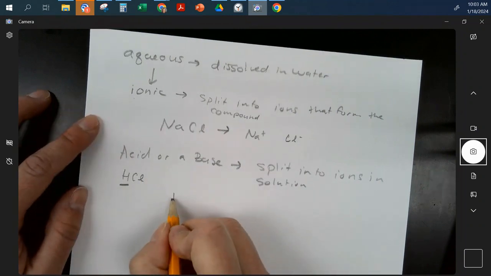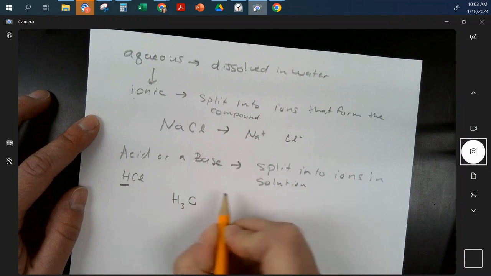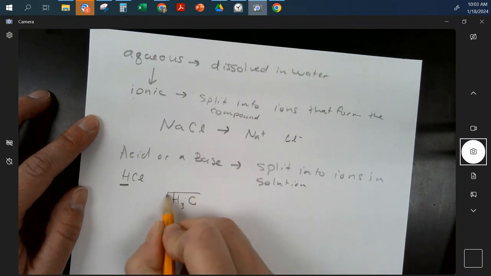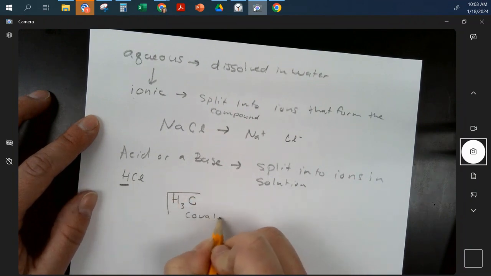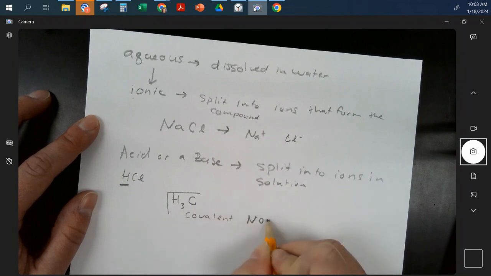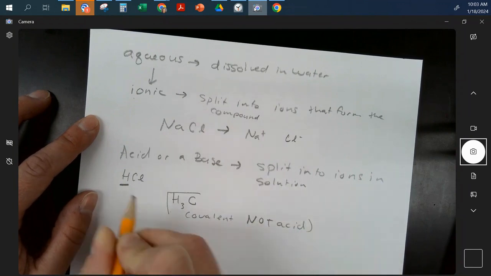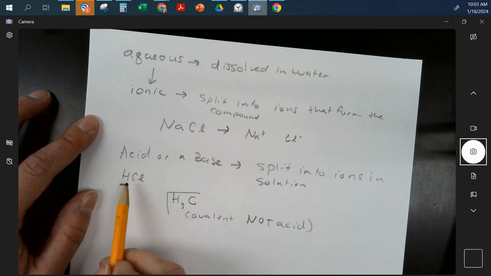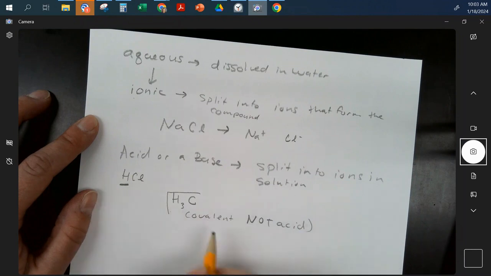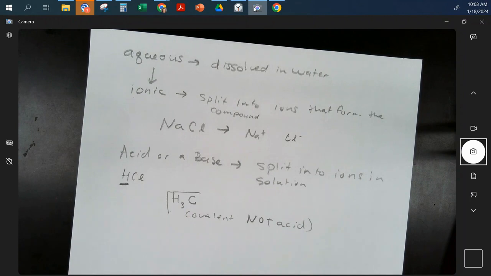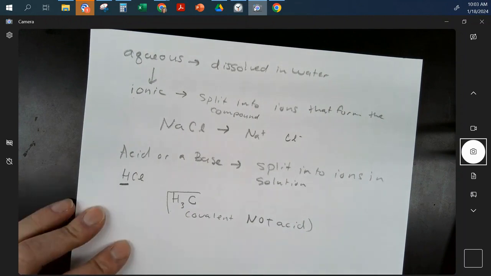If it's like H3C, that's a covalent compound, not an acid. So you have to be able to pick up on if it's a lone hydrogen at the beginning, can that hydrogen break off? Is it an acid? This one's not an acid, this is a covalent compound. So we have to distinguish those. Hopefully we'll see some examples like that in our